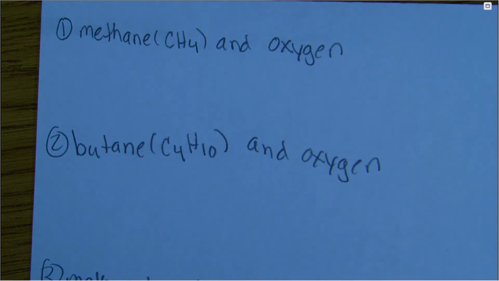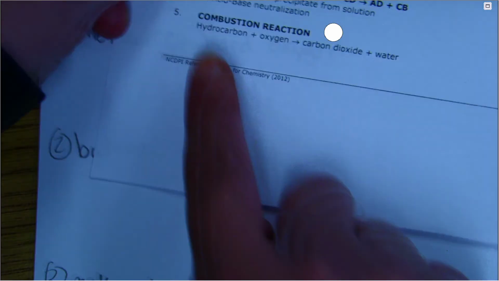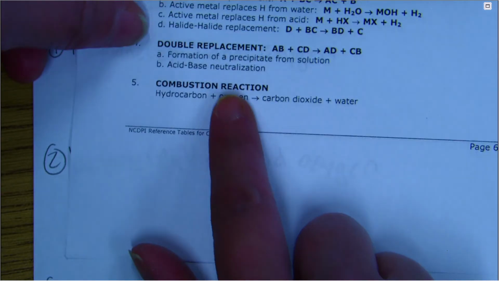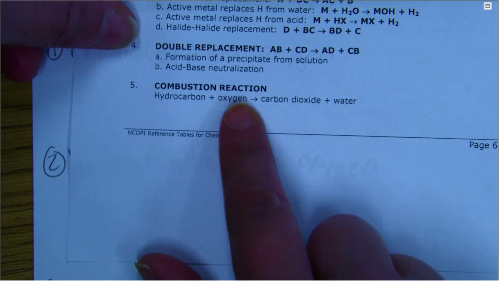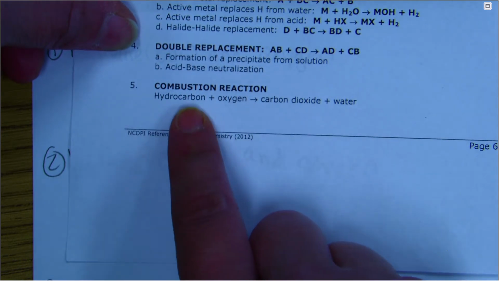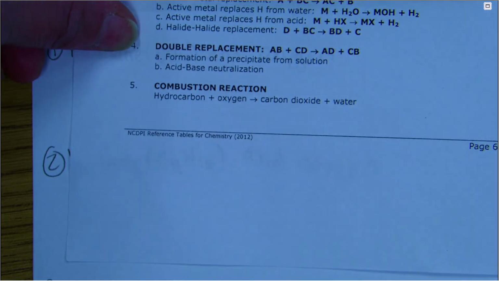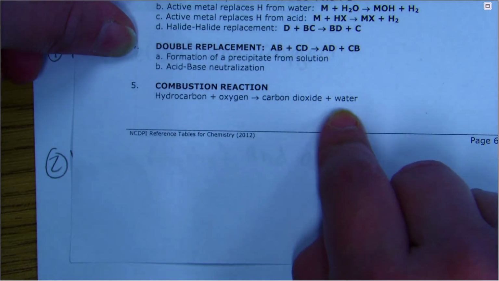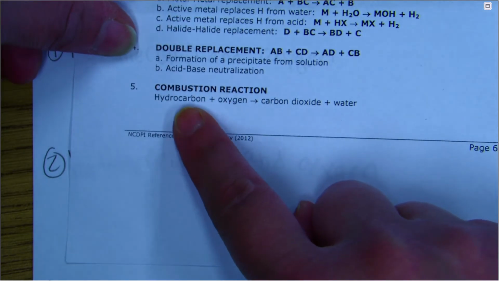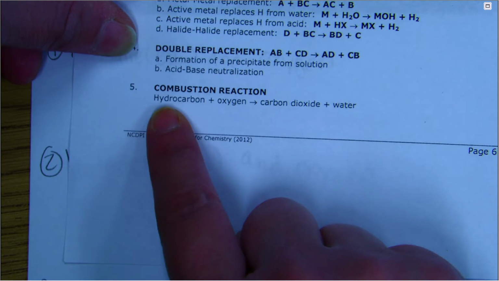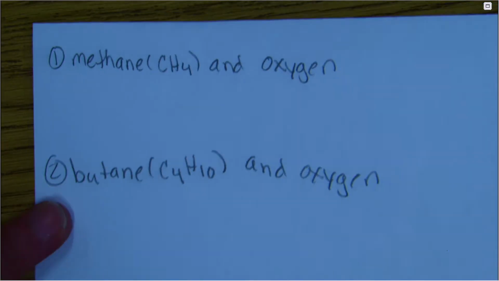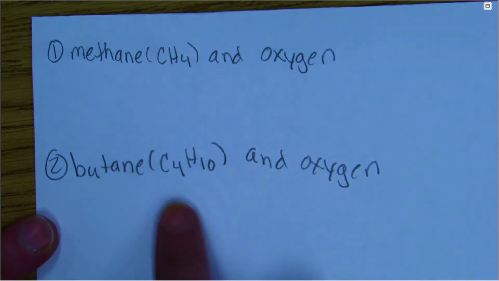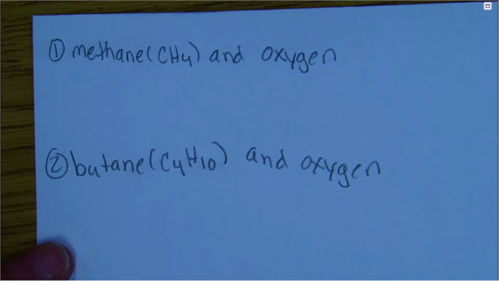So today's lesson is going to be on combustion, and combustion is type 5 reaction according to your reference tables. We have a hydrocarbon plus oxygen, and that's going to give us a carbon dioxide and water. So the question becomes, what is a hydrocarbon? Hydro is hydrogen, and obviously carbon is carbon. So it's any compound that contains carbon and hydrogen. All right, now